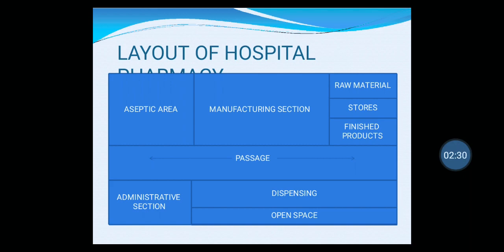Why is an aseptic area required in the hospital pharmacy? Because of manufacturing the parenteral preparations, so the aseptic area is a must. In the aseptic area, parenteral formulations are completely sterile, free from microorganisms, or the growth of microorganisms is killed or destroyed. The aseptic area is kept clean and maintained properly. Anyone who goes into the aseptic area requires a mask, cap, apron and hand gloves, and should be covered and free from microorganisms. Parenteral preparations such as large volume parenterals and small volume parenterals are manufactured in aseptic areas.